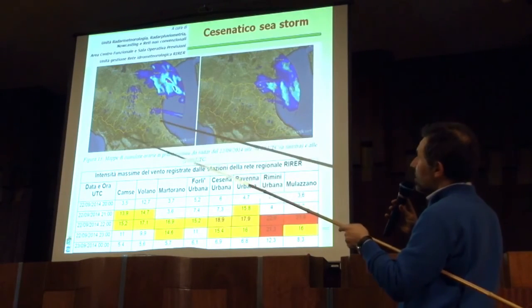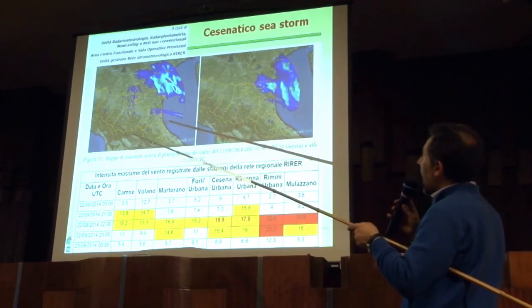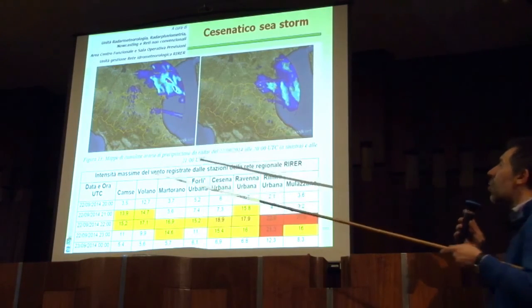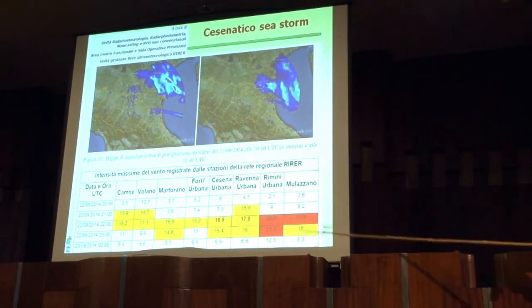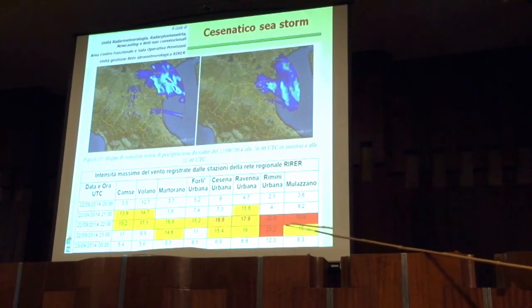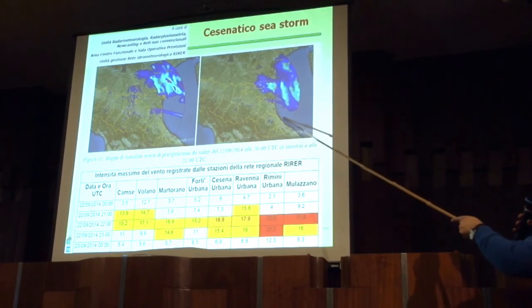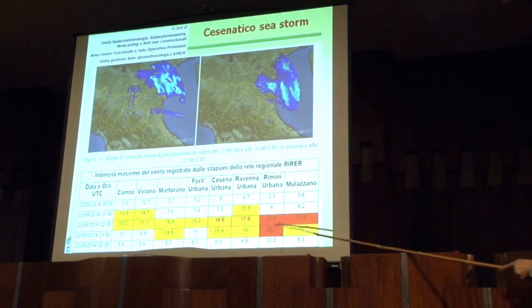The problem which we saw in Cesenatico is in this area, around this region. And the amount was associated with precipitation, but especially with the wind, the main problem. We can see here the amount of winds with force, for example, here we are Rimini and Ravenna. Ravenna is a bit more here, with a value of about, in the evening, of